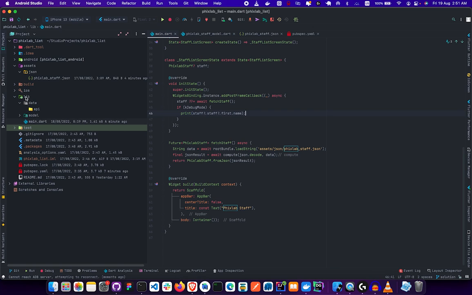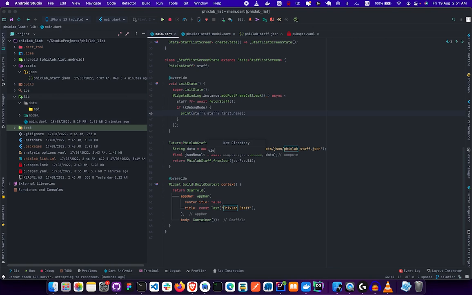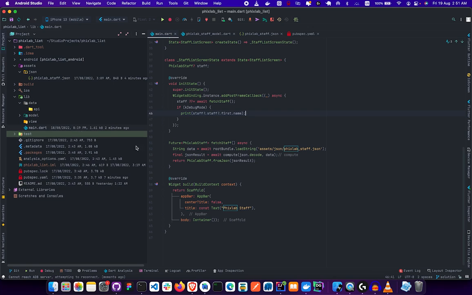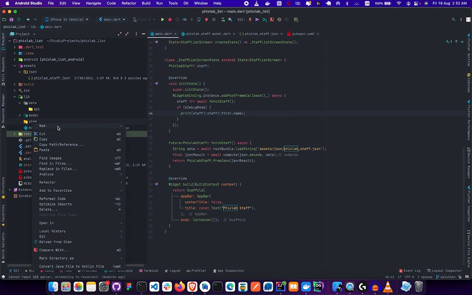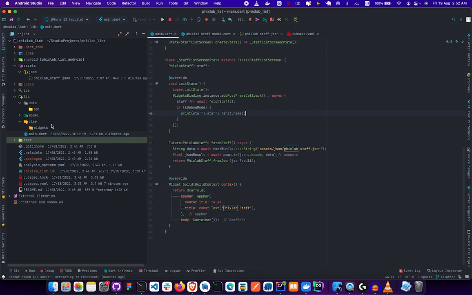All right, and I'm going to do another directory. I'm going to do that view. So inside view, I'm going to do widgets. Okay. All right. So having done that, I'm going to create a new